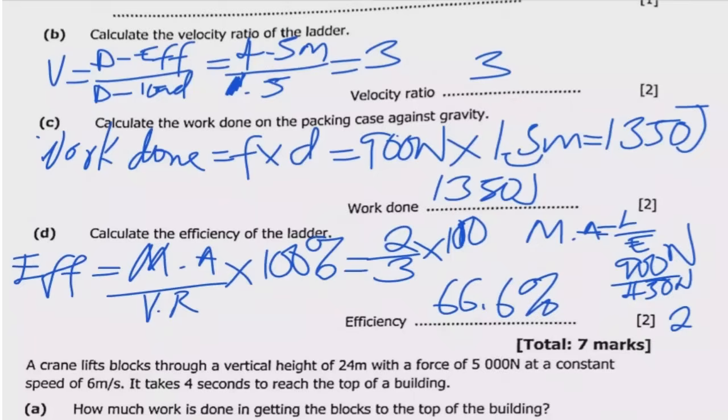So basically that's how you can find this one. I used mechanical advantage and velocity ratio. You can also use work output and work input. You are going to get the same percentage. So if you are comfortable using the work output and work input, you can use that one. You are going to get 66.6%. Okay, so if I write it to 1 decimal place, if I want to write it to 2 decimal places, let me in fact